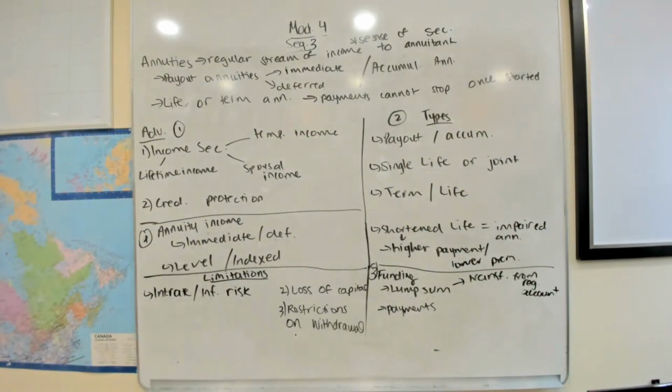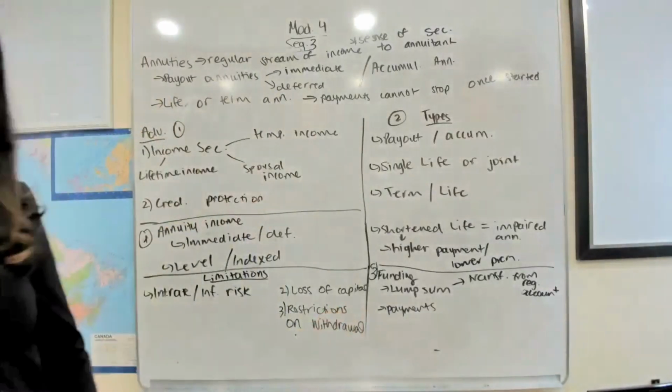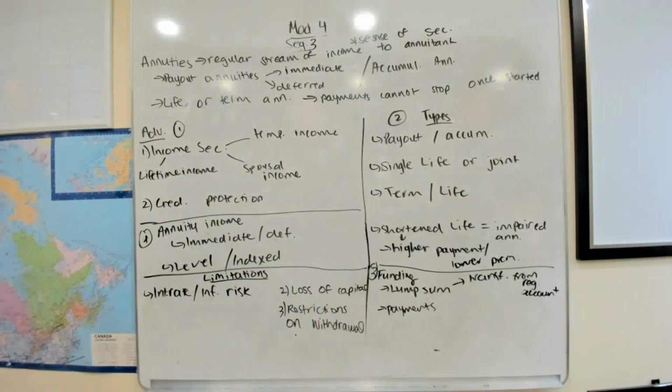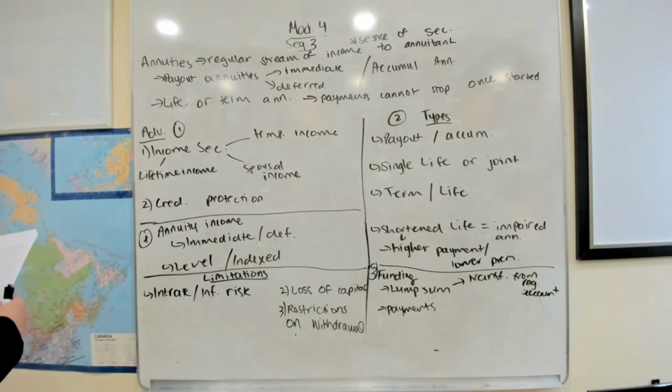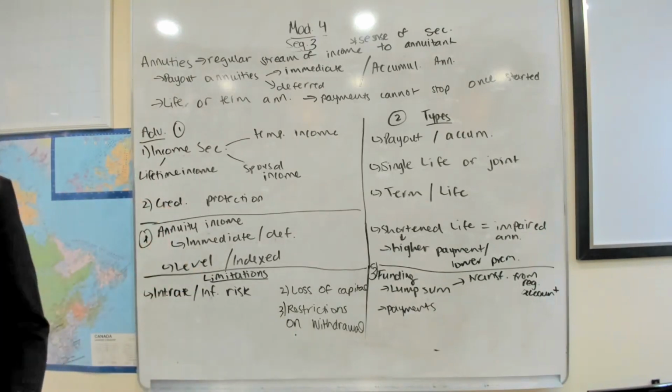And what do we mean when we say loss of capital? When you are purchasing an annuity, it does not have any sort of guarantee periods, right? Unlike seg funds, where you do have a little bit more guarantee and peace of mind, there's no guarantee in terms of your capital. So if the annuitant dies and the contract ends, and let's say the death occurred just after the payments began, most of that capital would be retained by the insurance company. So that's definitely a disadvantage.